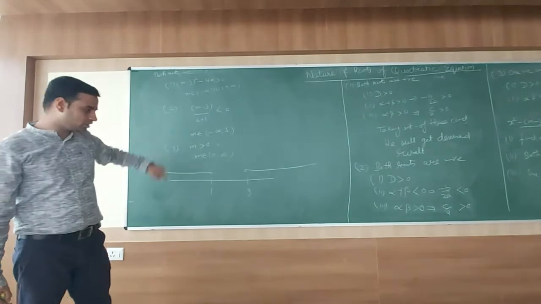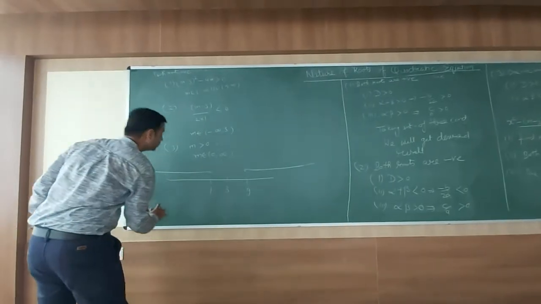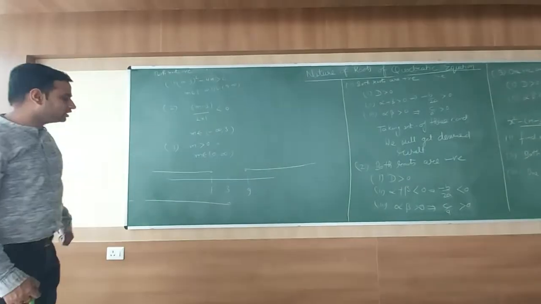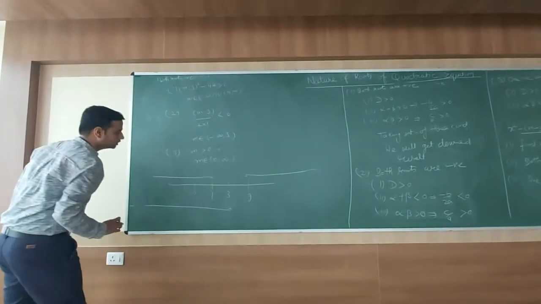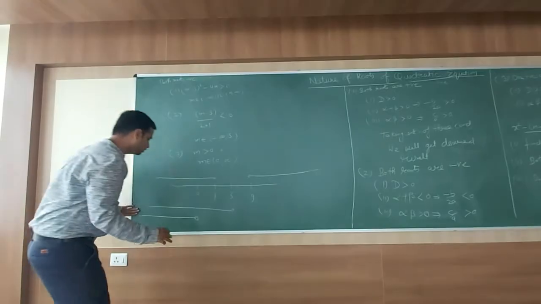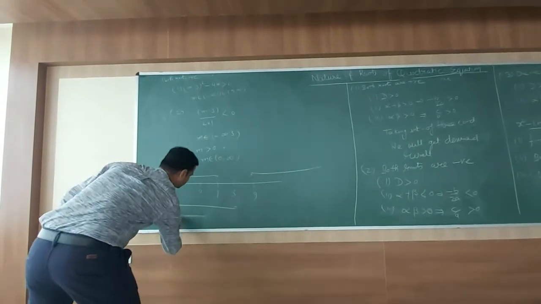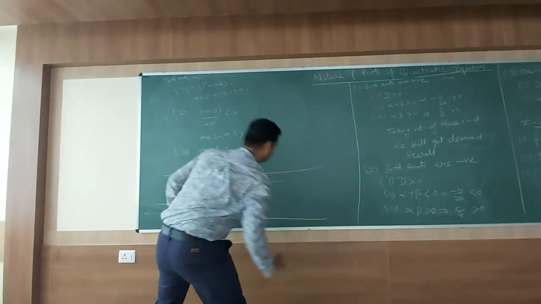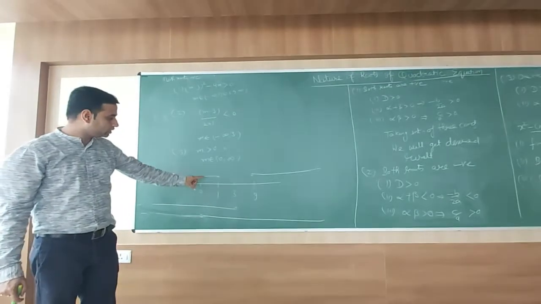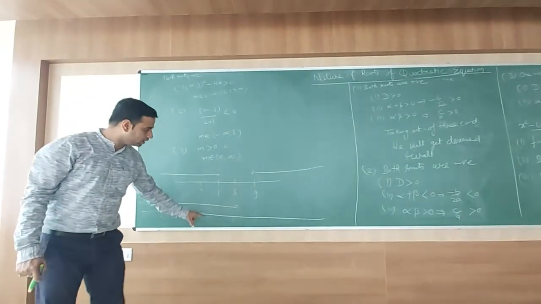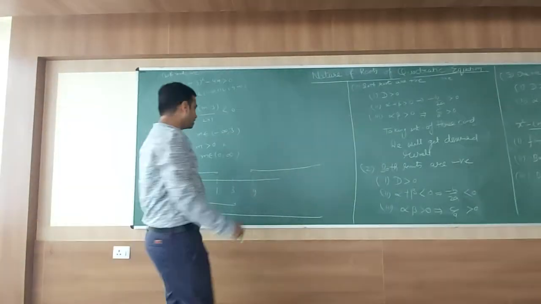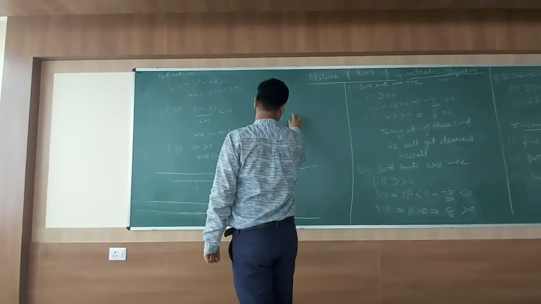Now I am drawing the second condition, that is 3, minus infinity to 3. These are the signs of open interval again. Sorry, it was 0 to infinity for the third. So friends, again I am taking the intersection of these three. I am looking that common is 0 to 1 only, and there is nothing else common for these three conditions. So answer will be m belongs to 0 to 1.